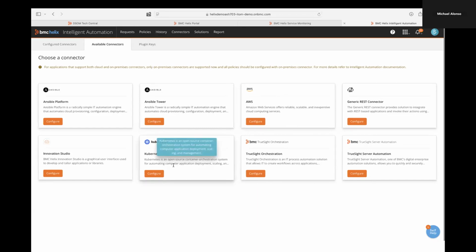I can do Kubernetes. And then also, if you don't have an automation tool in your environment, BMC would love to help you with that. We're not going to be talking about our automation tools today, but we do have some automation tools available that we can help instrument your environment if that's something that you need to do. But just understand, if you have some of the other tools that you're seeing here, we can take advantage of different automation tools and we act as that automation broker.